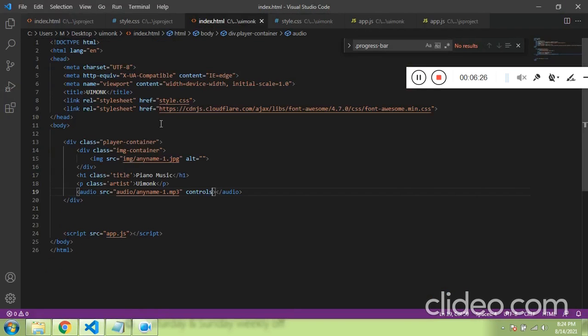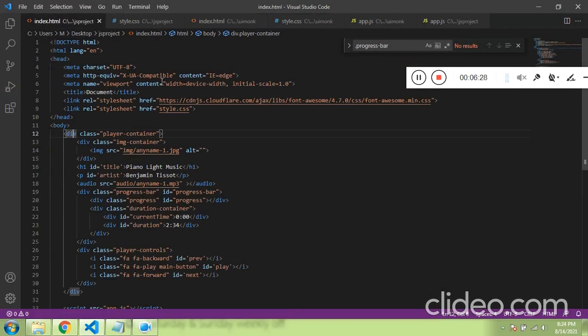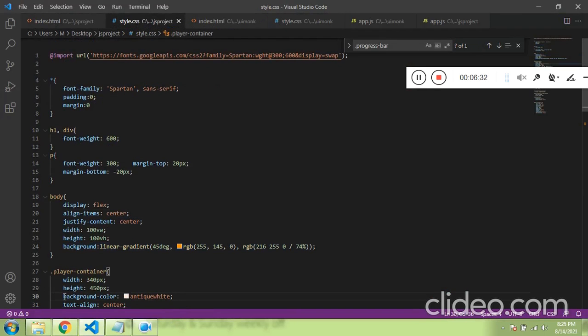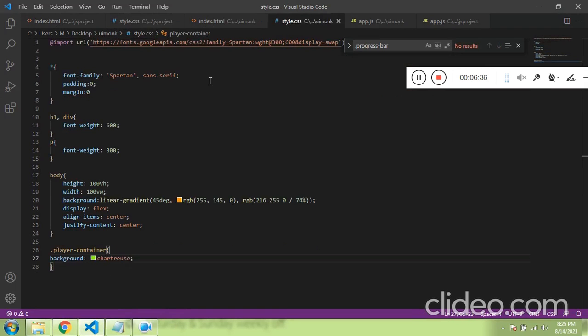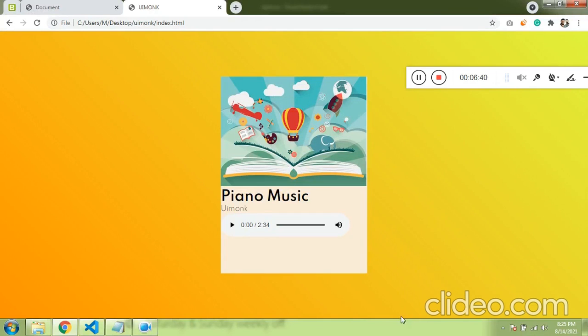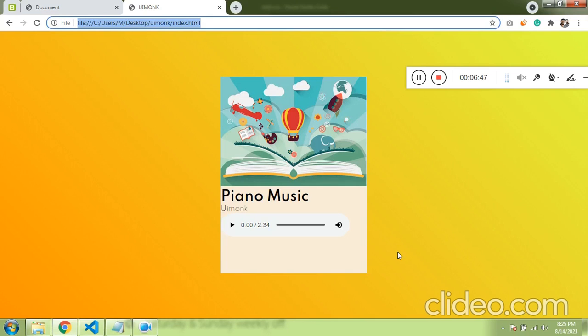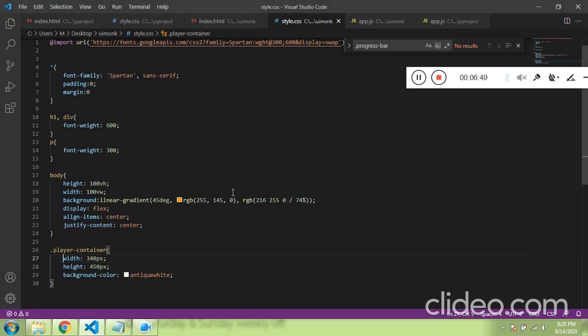Let me choose what I have already given previously in the style.css. I have used antique white, so why don't we use this along with the height and width which I have already mentioned, just to avoid the confusion. The height and width is just trial and tested. I have tried some more height and width, and finally I got this, so I'm just saving time by copy pasting it. So cool.